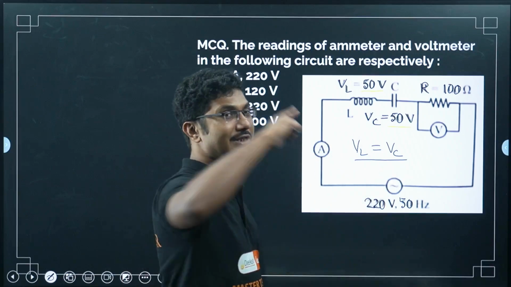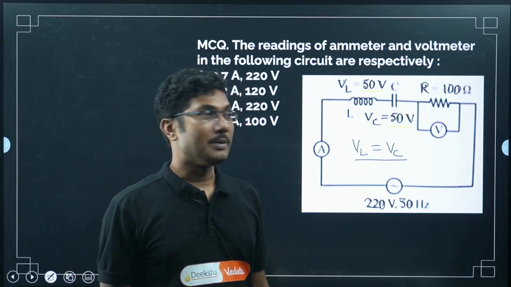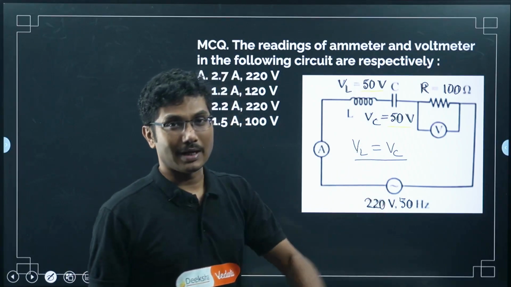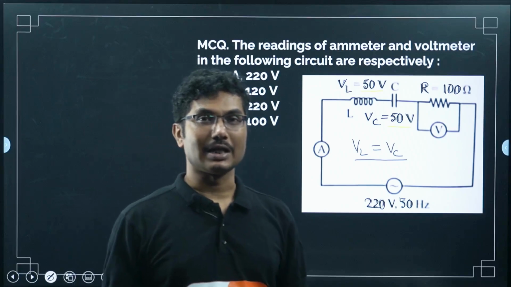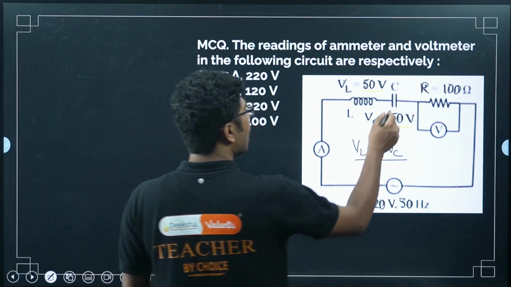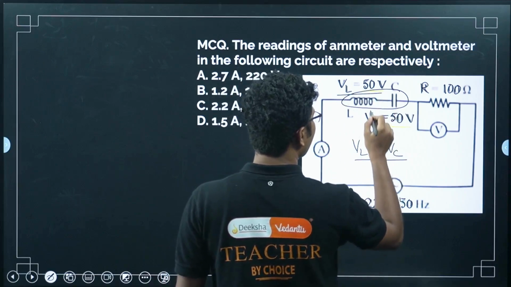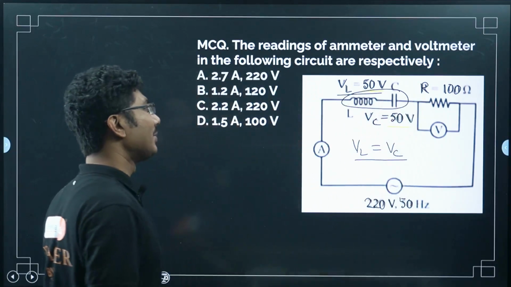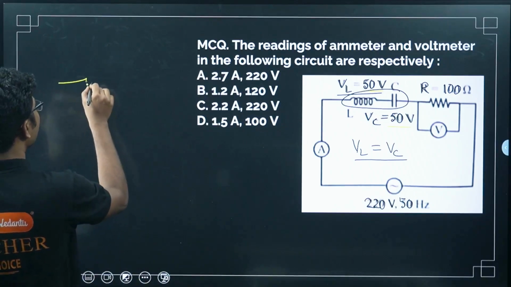VL and VC are in opposite phase. That means if VL is plus 50, VC will be minus 50. Similarly, if VC is plus 50, VL will be minus 50. So they will cancel each other out and you can simply ignore this. As long as they are the same, you can ignore L and C completely. You can simply consider this as a circuit of simple resistance